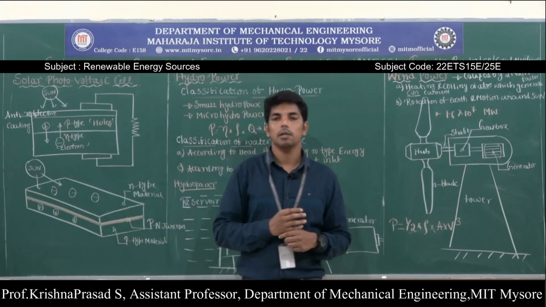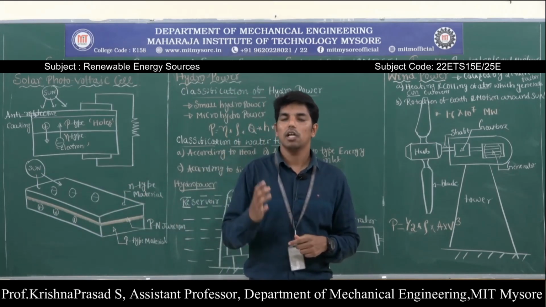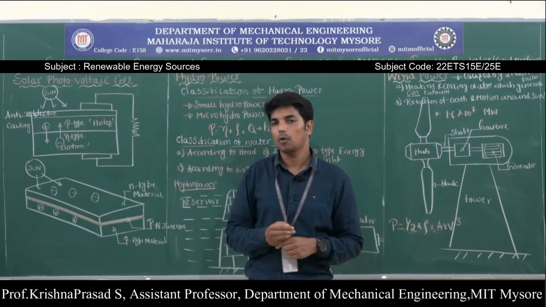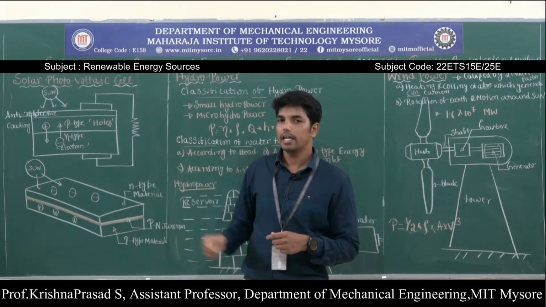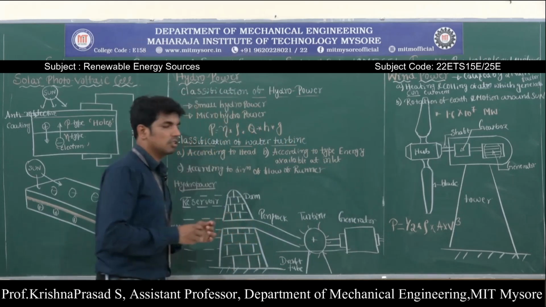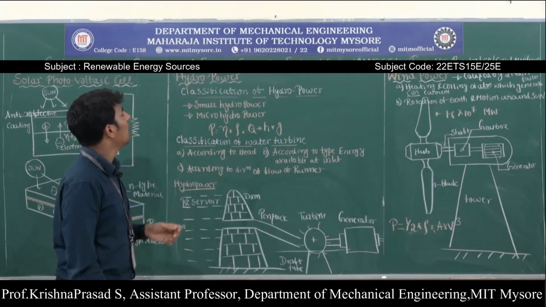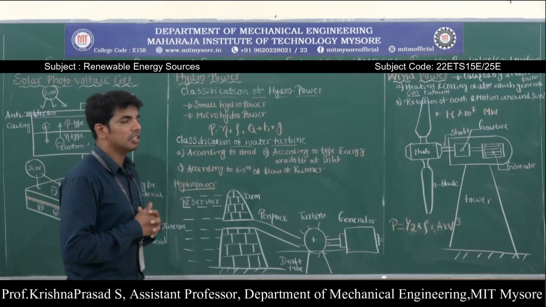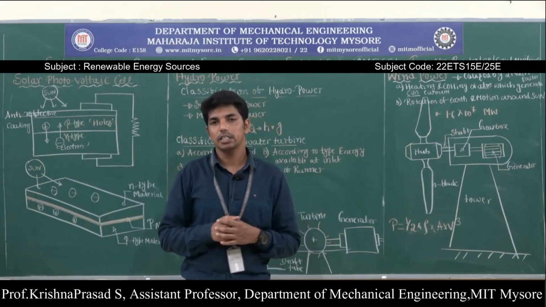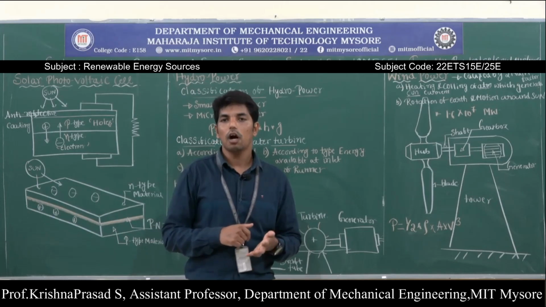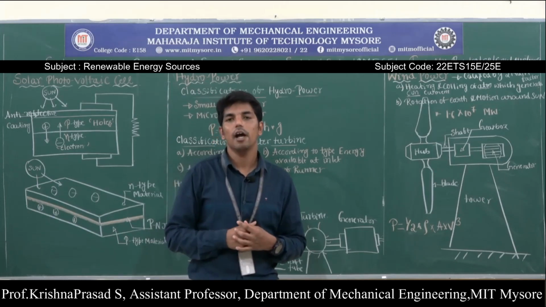Photovoltaic cells are usually made to convert solar radiation into electric current, and that too with the help of p-type and n-type silicon. So next, a very important one is called hydropower. What is meant by hydropower? The power obtained from the kinetic energy of falling water or flowing water is called hydropower.